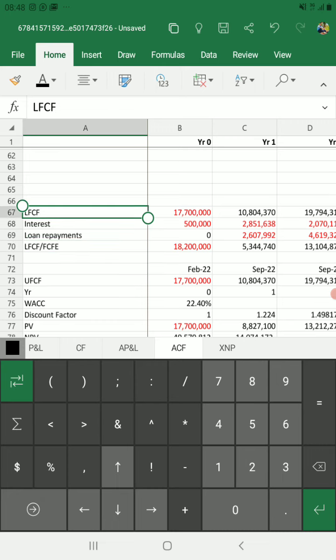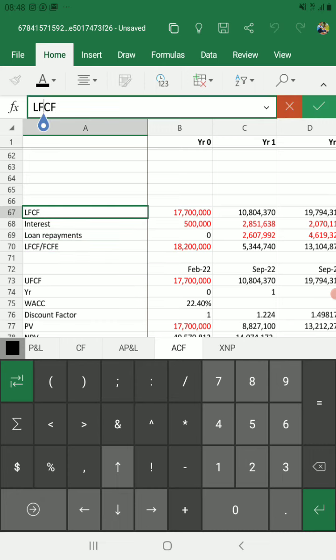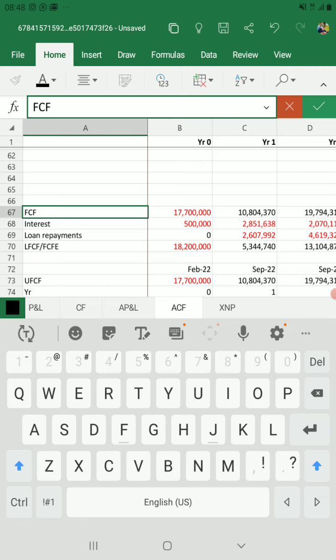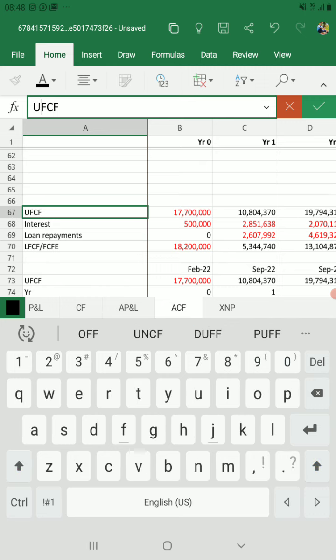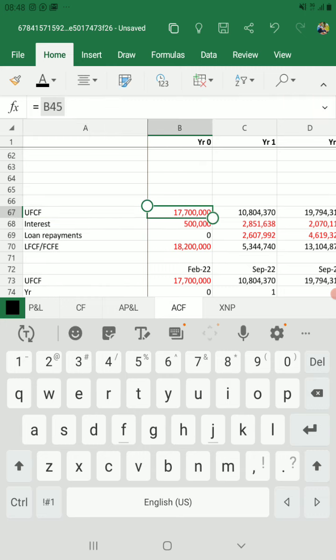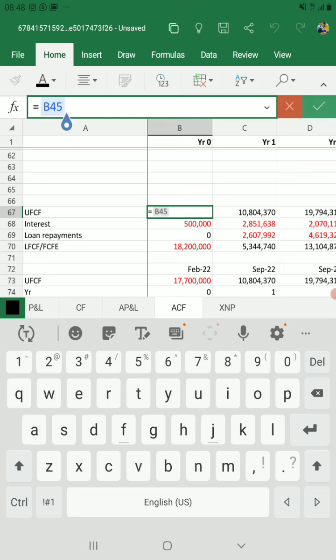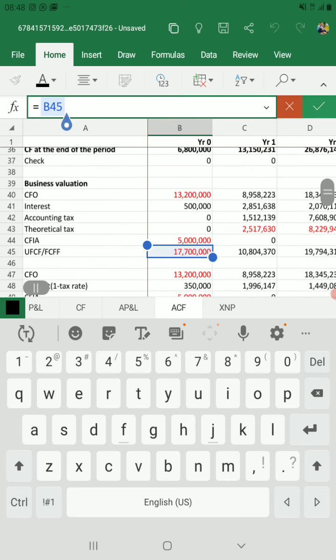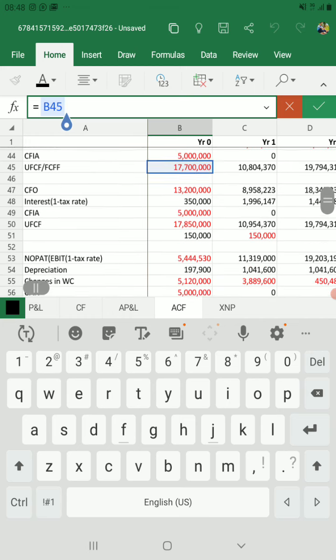So we started with the unlevered free cash flow figure, which we picked from my methodology. This one should start with the word unlevered. This one, business valuation, the first one. Okay, and then